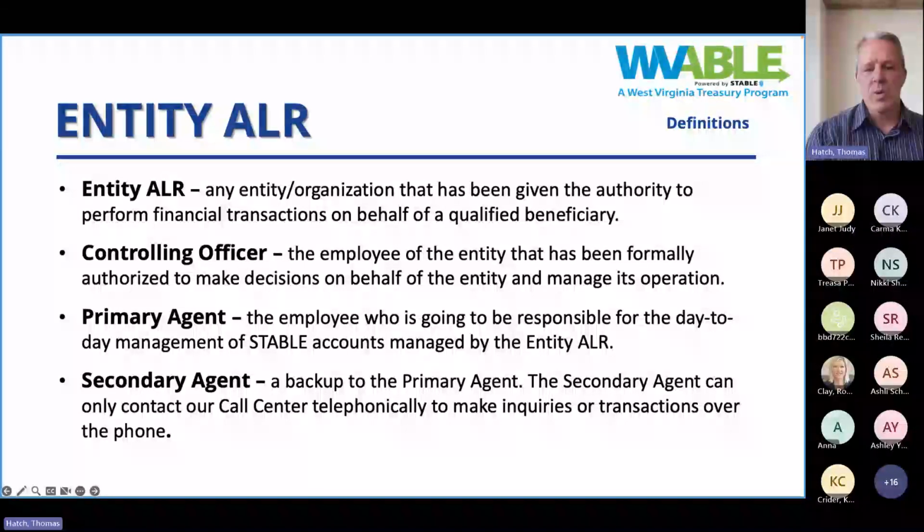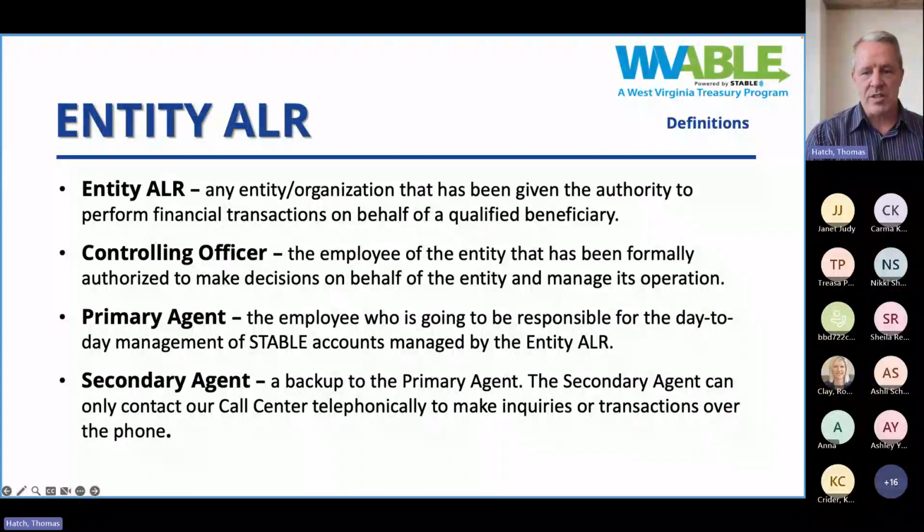The controlling officer really doesn't do a lot other than being basically the signing authority for the application and giving authorization for this to happen. They can receive some types of reporting and be updated on things, but that's more of an internal procedure than it is a piece of the structure of this.